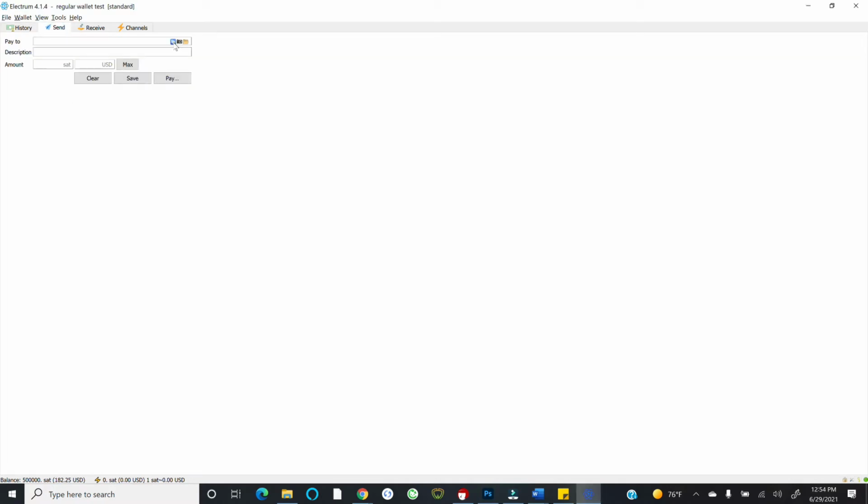So you have a number of options here. Paste from clipboard. You can open up the camera to read a QR code. You can read in a file. So this could be a partially signed Bitcoin transaction file. And so in this case, I'll just copy over an address. Maybe I name this Electrum test. And maybe I'll send